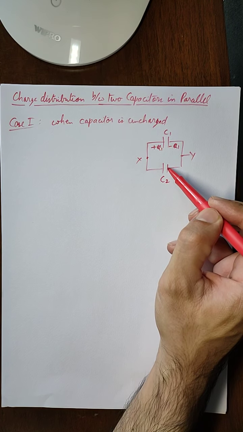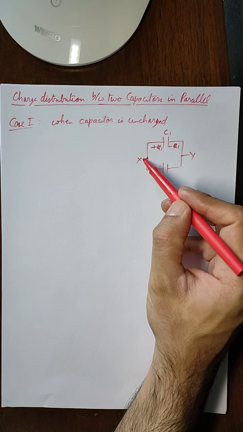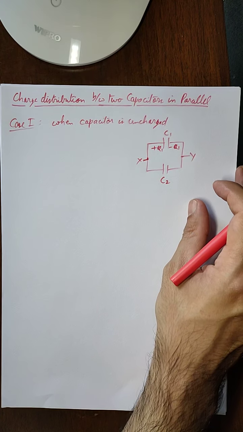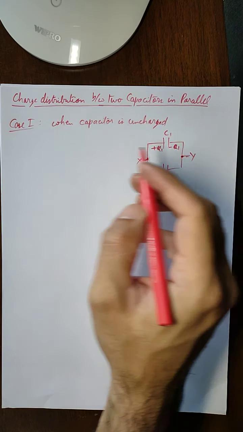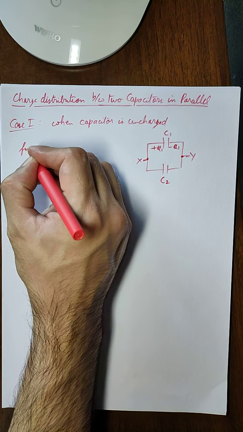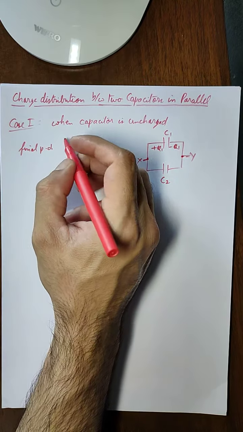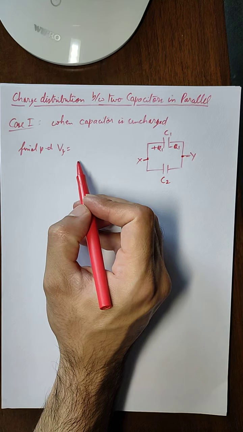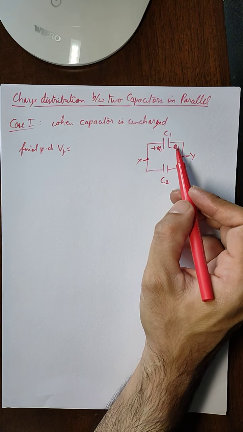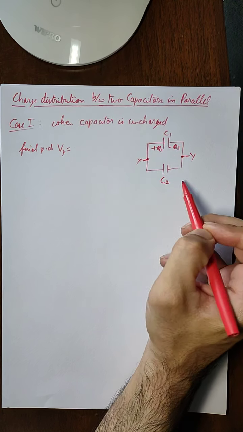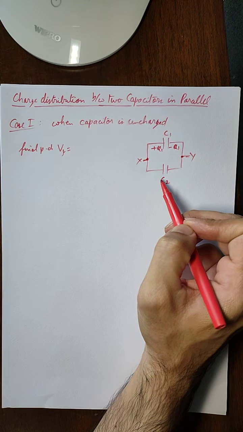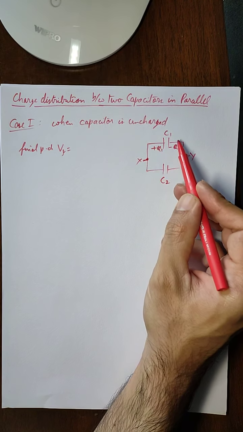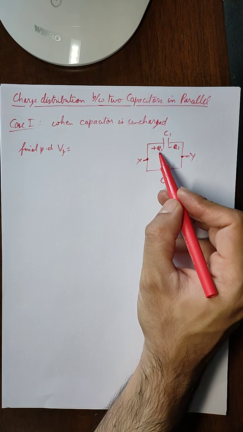Now as soon as both the capacitors are connected in parallel, the charge will redistribute among the two capacitors, and there will be a final potential in the steady state. So we can say that the final potential difference between terminals X and Y, say Vf, will be given by the total charge upon the total capacitance. Now since charge always remains conserved and there is no battery connected to provide any extra charge or to remove any charge, whatever the distribution on both the capacitors, the total charge will be equal to Q1.